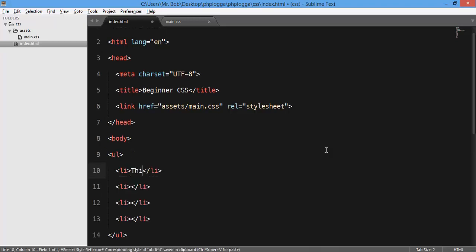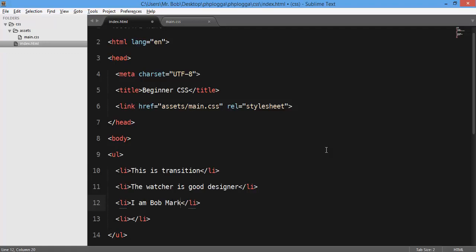What this is transition. The watcher is good designer, and I'm bookmark. Then you can follow me on Twitter